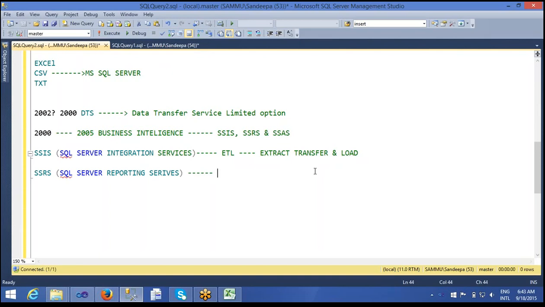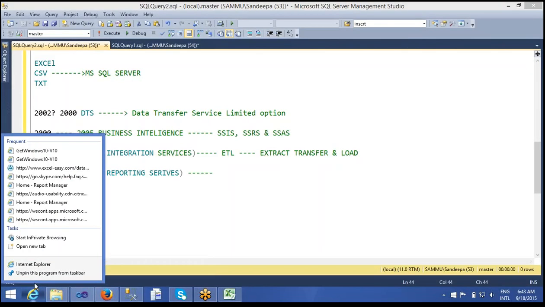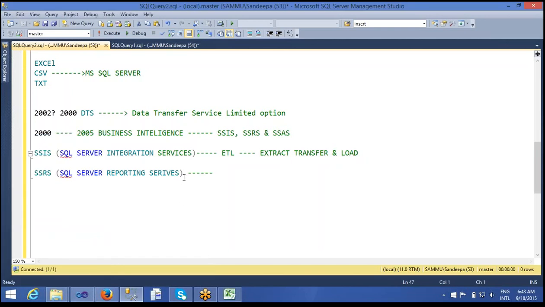It is also a Microsoft tool where we can create our own reports and generate the data. Once the data is generated, we can export it in terms of PDF, Word, Excel or anything. We can create our own web link and we can see that data. So we can generate our own link and from that we can view our saved data.